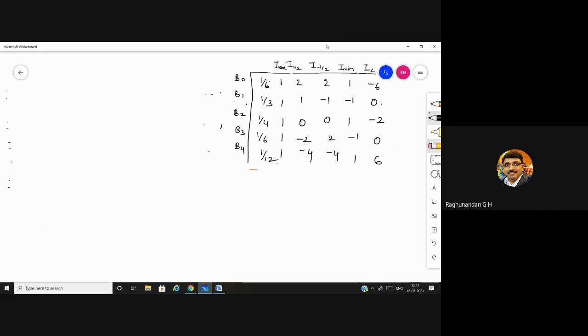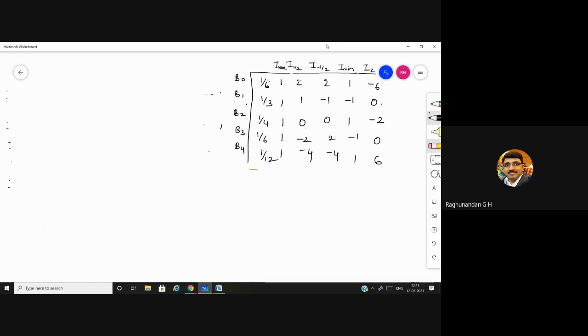And I max all are ones. For I half, 2, 1, 0, minus 2, minus 4. So the numbers which are on either side of 0, they get doubled. Here we are having 1, here it becomes 2. And here we are having positive sign, here it becomes negative sign, and the end values 2, it doubles and it becomes 4. Here we are having positive value, here we are having negative value.